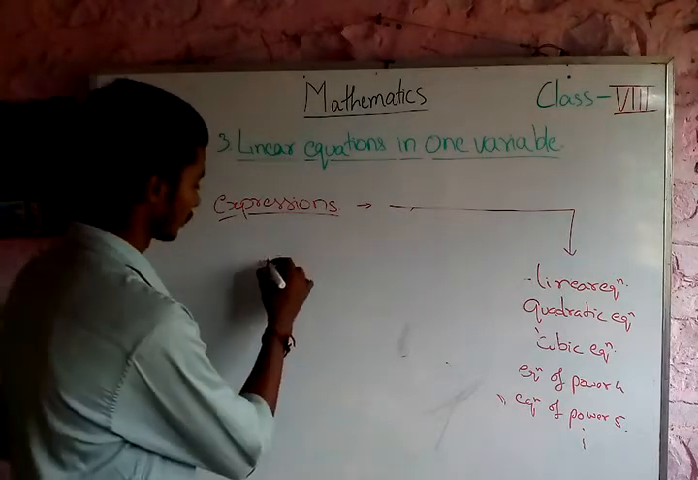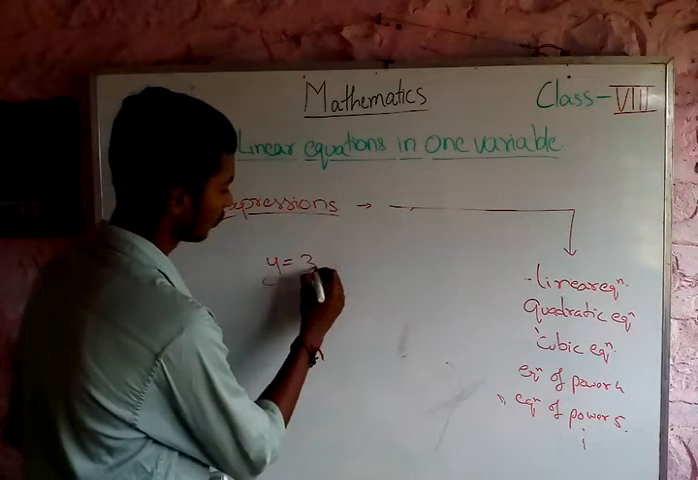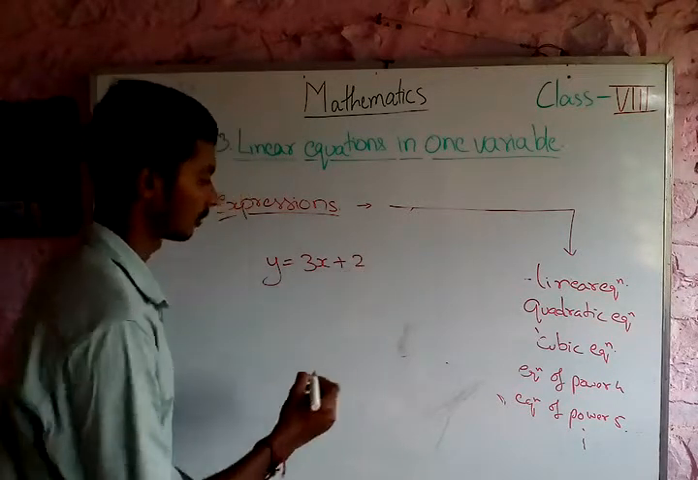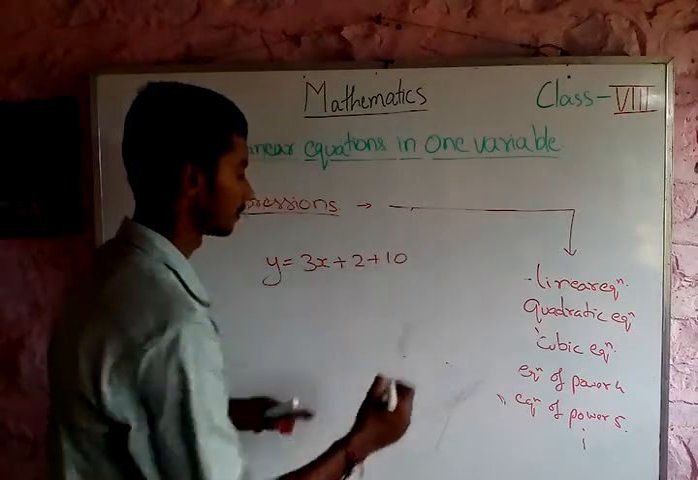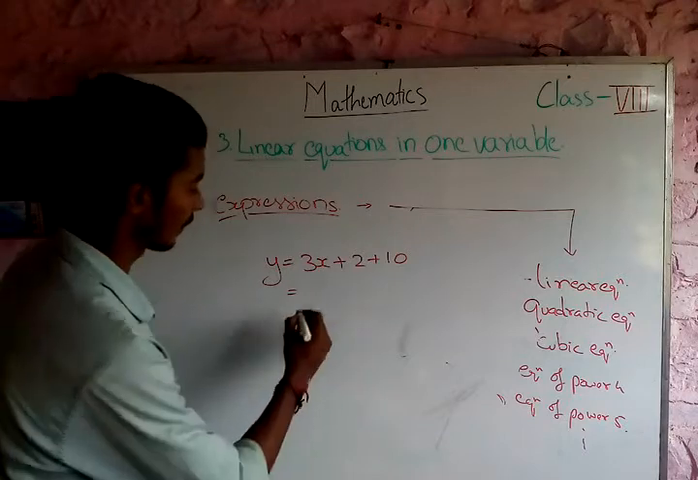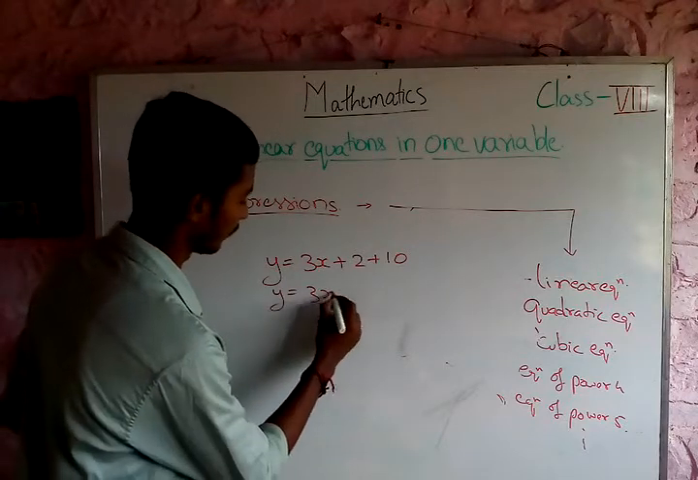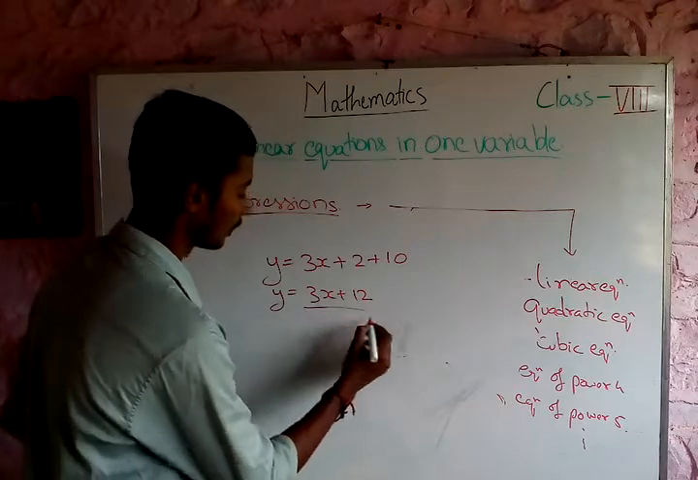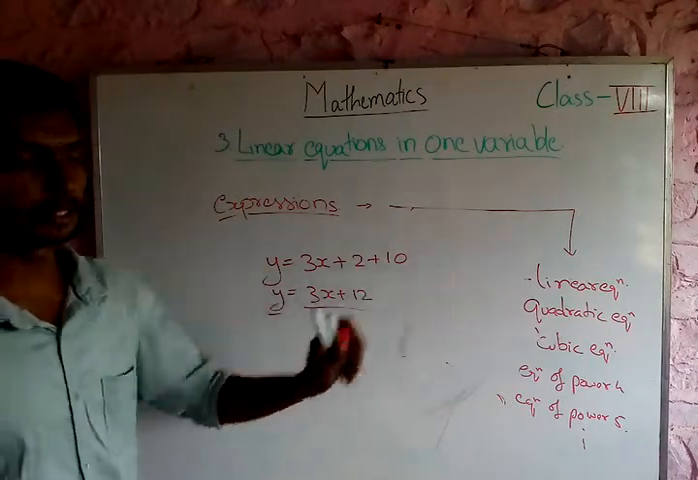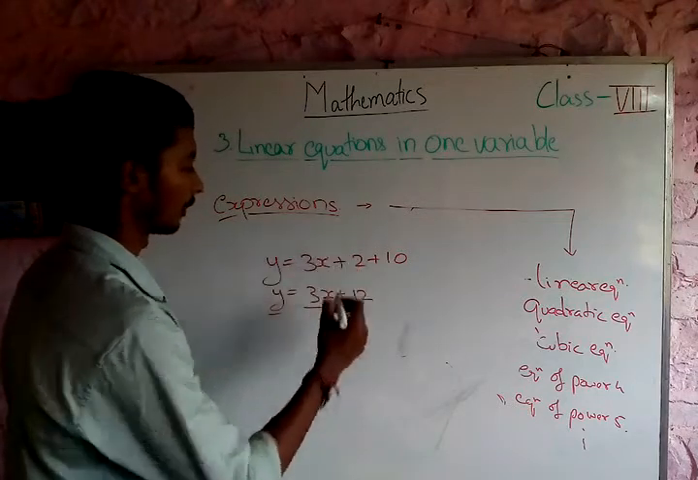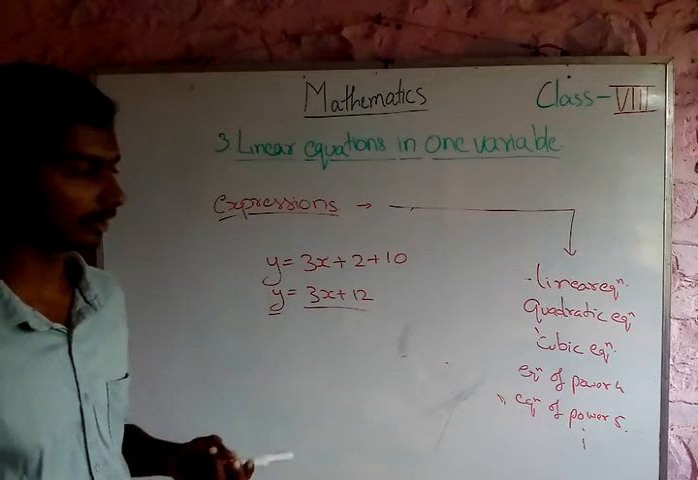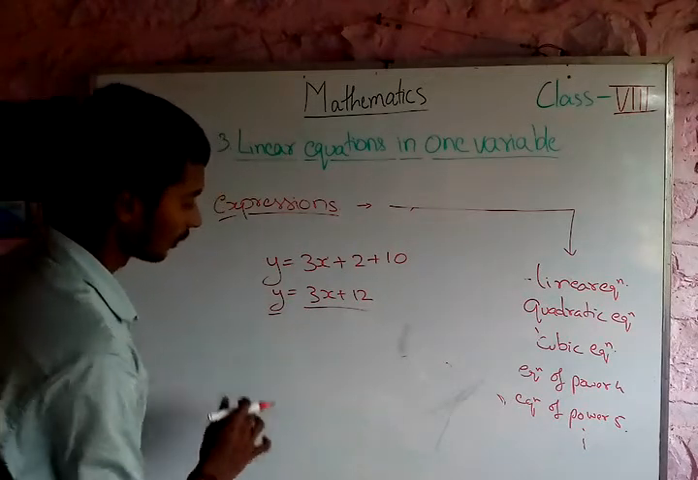Why is it so? Now see here, y is equal to 3x plus 2 plus 10, something of this kind. This can be further simplified as y is equal to 3x plus 12. Now see, I will say that equations of this kind are called linear. Why? Because they have power 1. Why is it that when the power is 1 they are called linear? Now see, if I